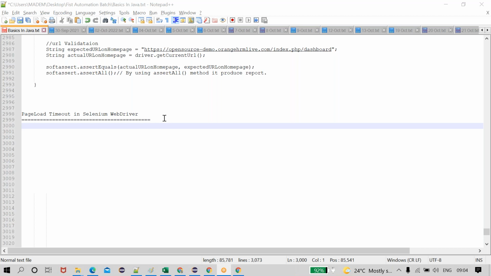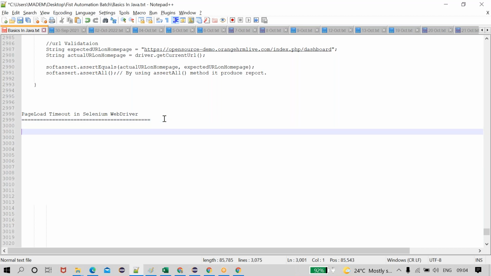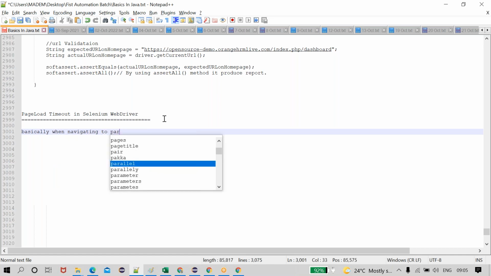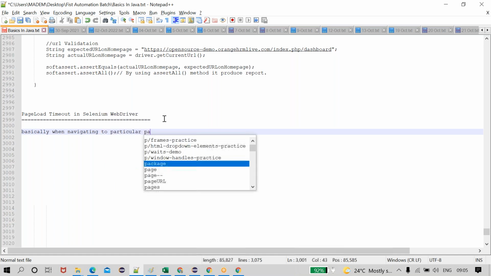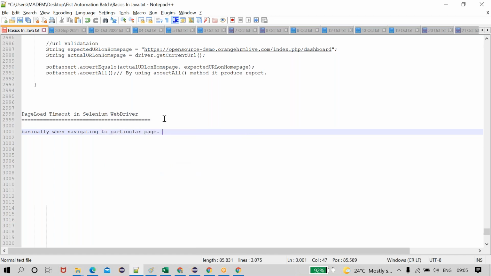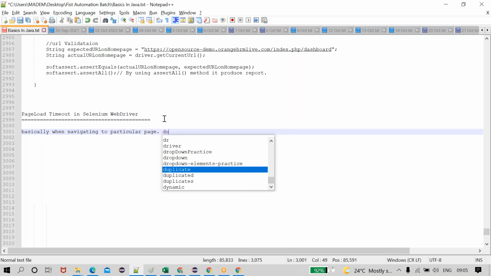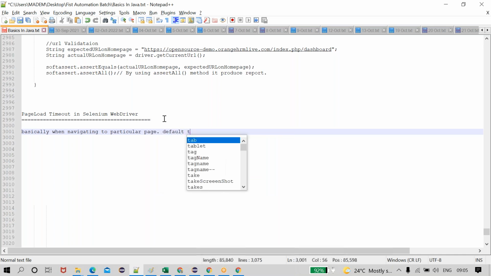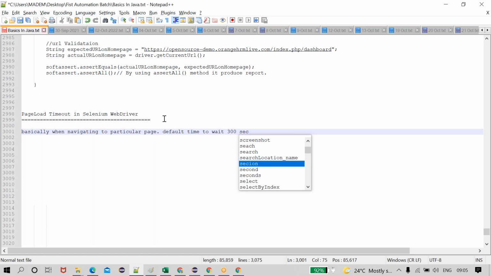See, what does page load timeout mean? Basically, when navigating to a particular page, the default time to wait is 300 seconds only.